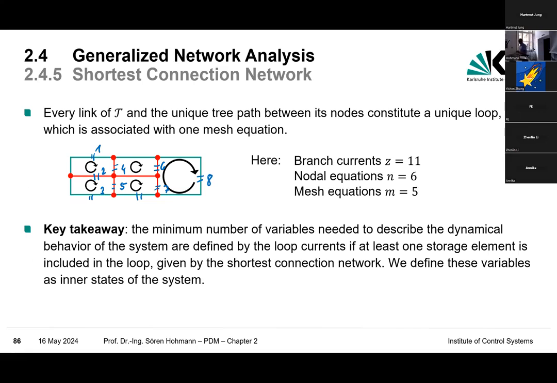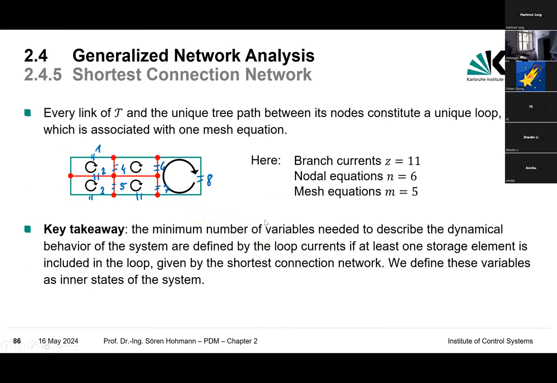you would say, I need to use 8 state variables, but that's not true. If you look at the number of mesh equations, you just have 5. So the number of independent equations is just 5, and we need just 5 states to describe the system. That's the interesting fact. And with that in our hand, we know how many state variables we need. So, key takeaway,